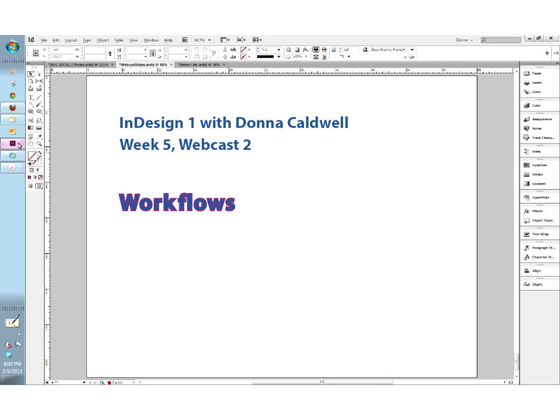As you are now creating InDesign projects, you're going to need to know what your options are for either taking that project and moving it to another computer, or having someone evaluate and make comments on a particular project. So I want to take this time to talk about various workflow options that we have as InDesign users. There are basically two main workflows. One is packaging an InDesign file, and the other is converting it to a portable document format, or as most